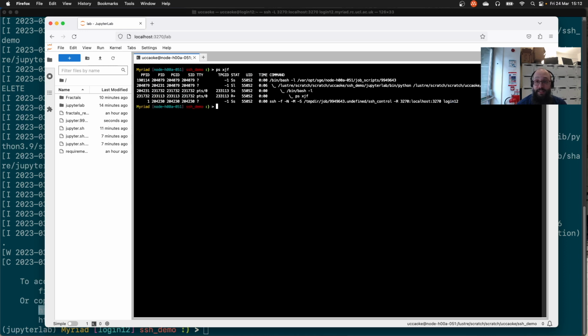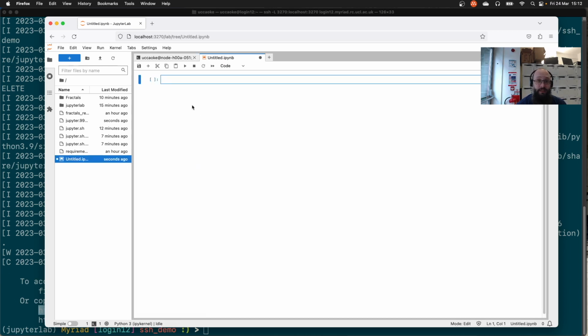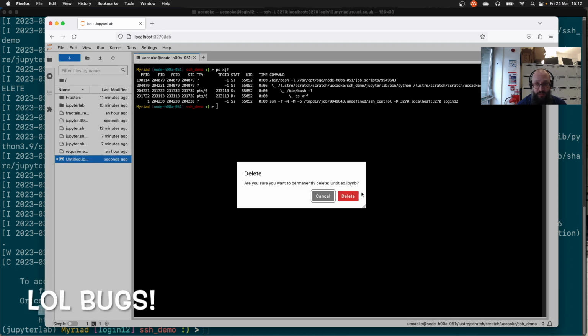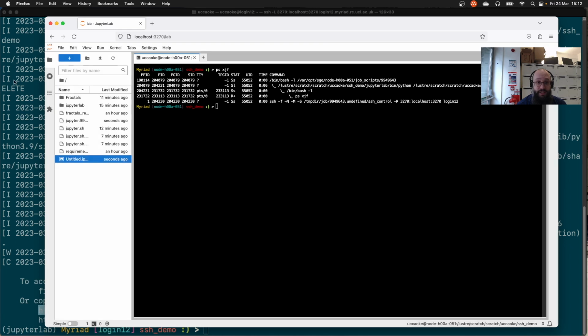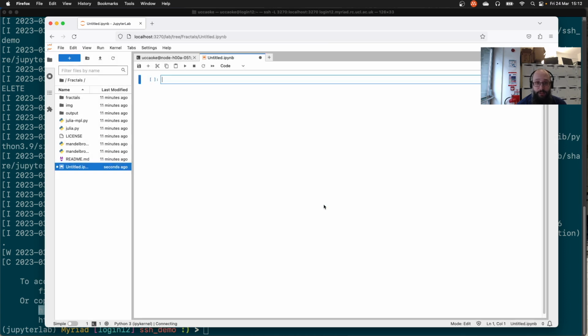So if we do that, we can see that I am on that node. As you can see, there's the copy of Jupyter Lab running. There is that SSH session we've got the control of, right? So cool, it's Jupyter. Let's start a Python 3 kernel. Actually, let's not do that here. Hang on. Discard, delete that. Oh, that's nice. It's always good when these things are bug-free. Go into fractals and create a new kernel there. Notebook. Okay. So if we then import the fractals library